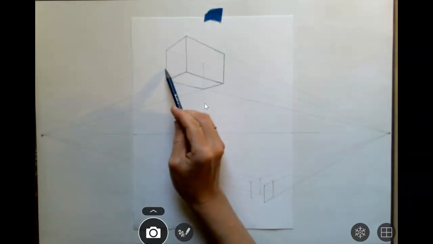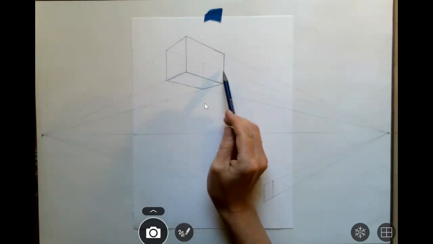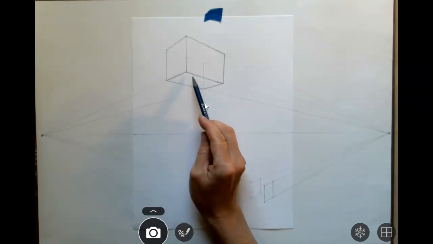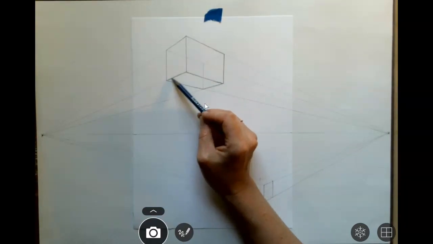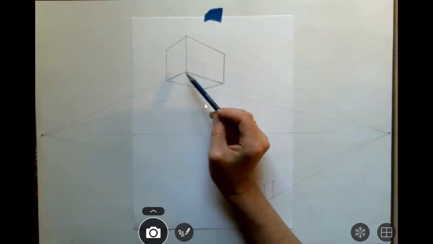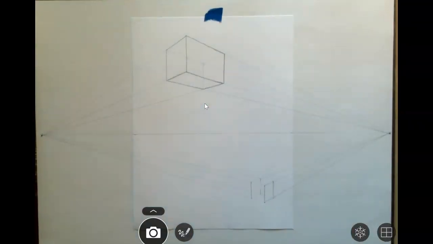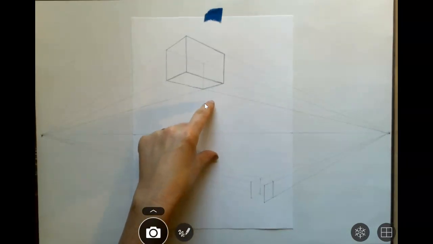Okay, it was this one, and this one, and then this bottom plane. And this line happened to line up pretty closely with some of those other lines, but don't worry if that happens. All right, now the next stage of the project is going to be to do my third box,